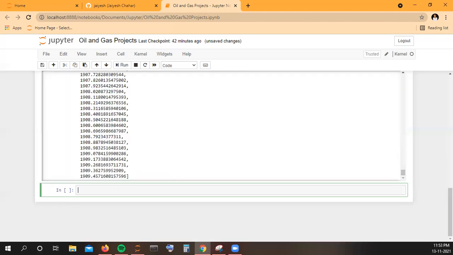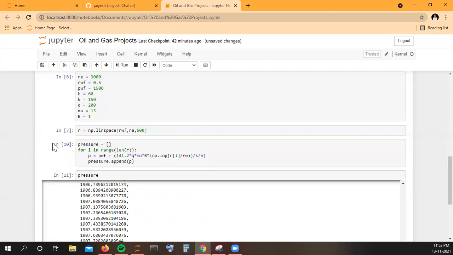What we have done is we have understood how, if we know a function, we can apply that function to all the radius points. And by now we have understood how the pressure will be calculated at every point of the reservoir. Just one thing to understand, guys: just because it looks like a one dimensional array, it does not mean it is just one direction.